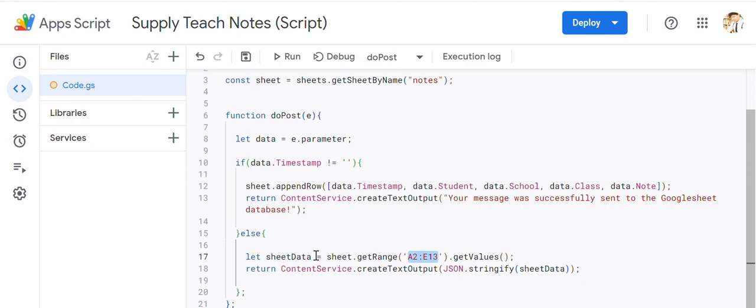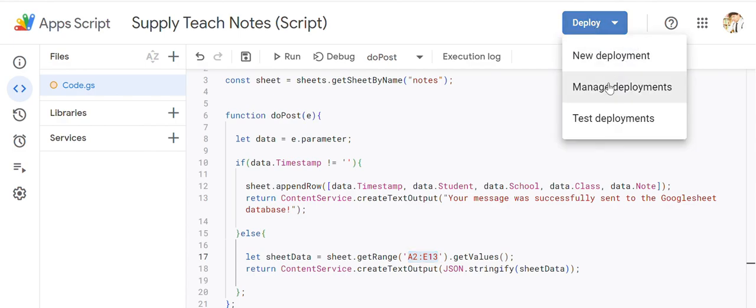So this is the code, and then over here on top right, we're going to go to deploy. When you click on deploy, it says new deployment and manage deployments. I have not been able to figure out manage deployments because I want to use the same URL, the same link. So I always click on new deployment, but if I ever figure it out, I'll let you guys know. So you click on new deployment,